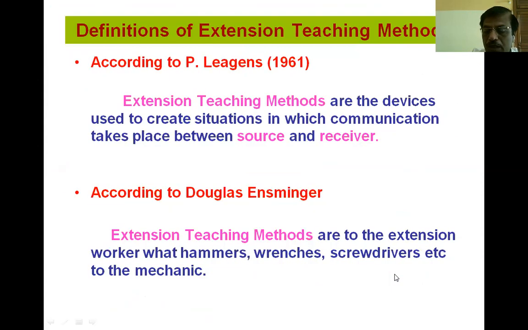So this is about teaching and learning. Then next is extension teaching methods. For teaching and learning to take place, there must be some teaching methods and teaching aids. So let us see the definitions of extension teaching methods given by well-known scientists. According to Paul Ligon, a well-known communication scientist,